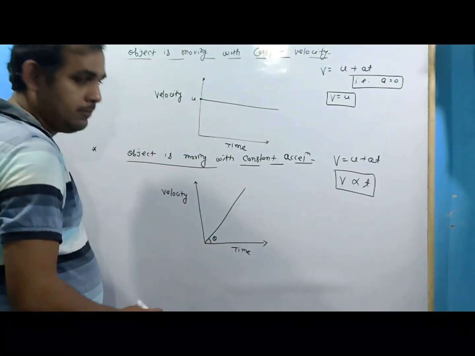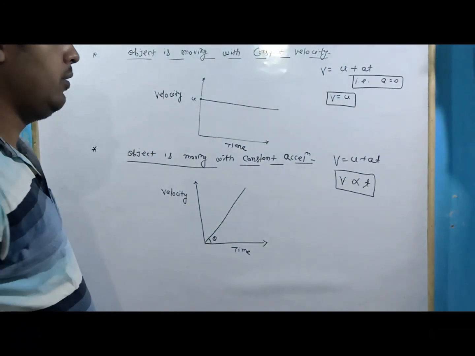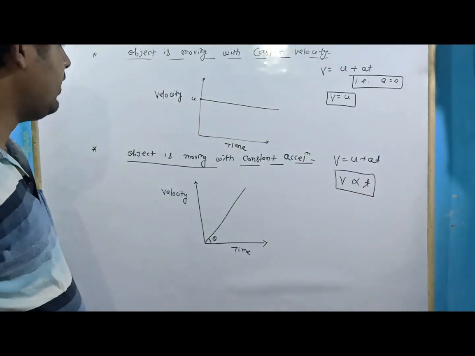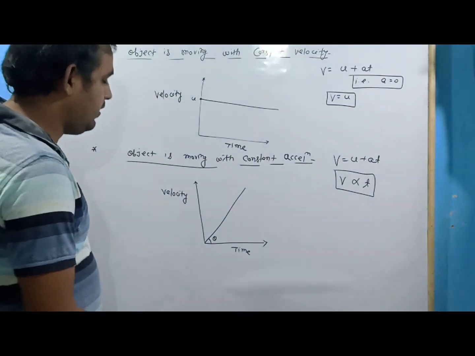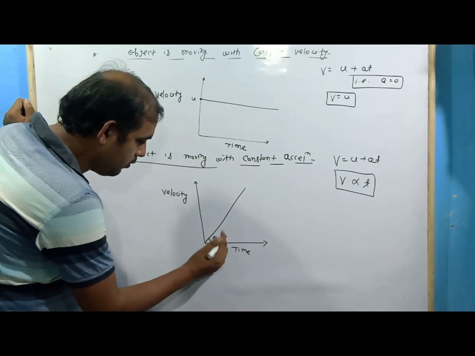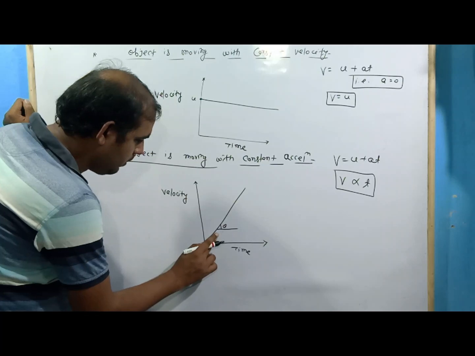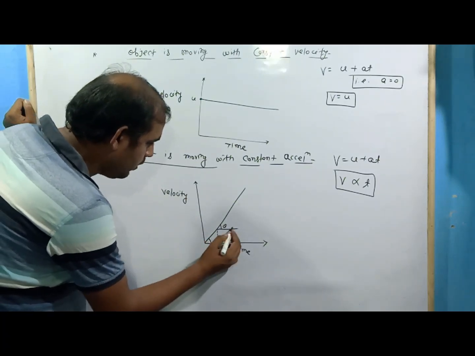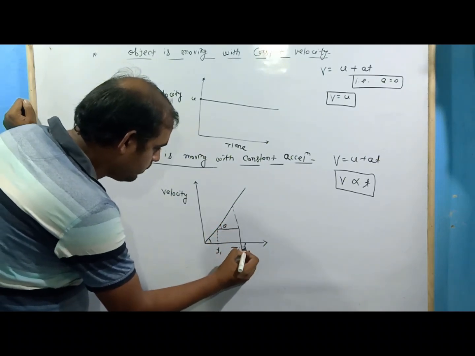मान लेते हैं कि एंगल थीटा है, ये ओरिजिन के साथ एंगल क्या है तो थीटा है, उस केस में क्या होगा? In that case, what we are going to get? So I can write, if the angle with the origin is theta, and let's take some time interval. चलिए इस पॉइंट पे एंगल को छुटाता हूँ, ठीक है। And let this be a time interval of t1, and at that time let this be the time interval of t2.